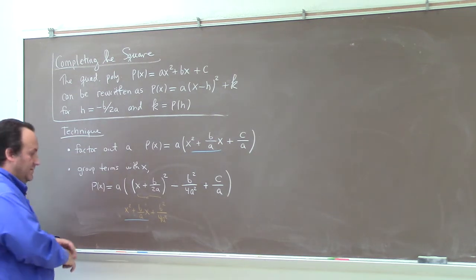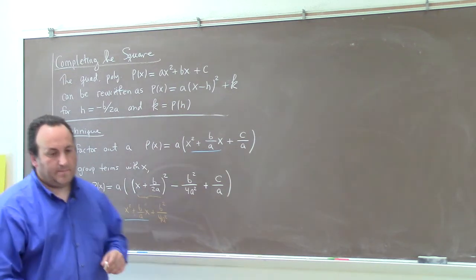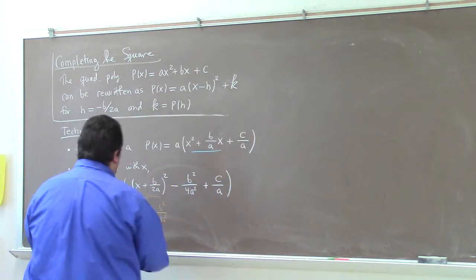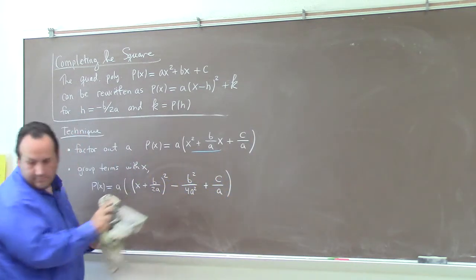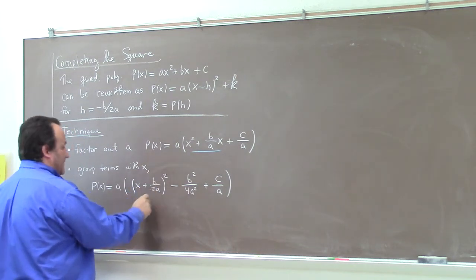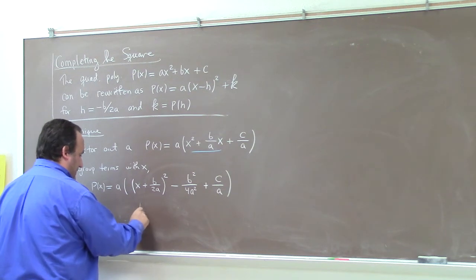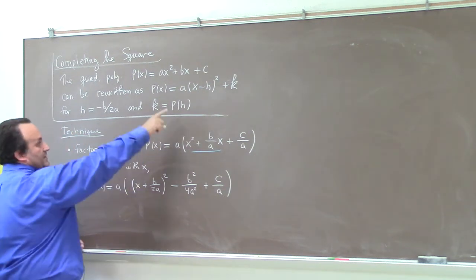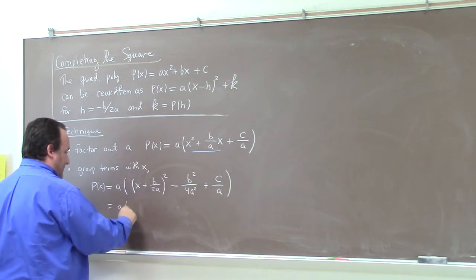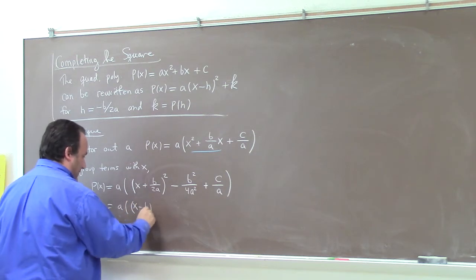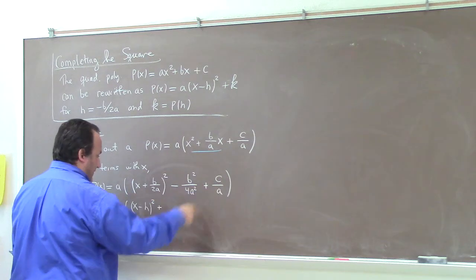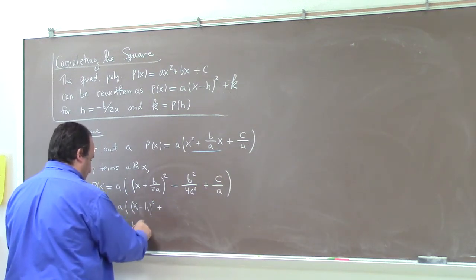So you can see that, I'm going to erase this. If you look at that, you can see that h is equal to minus b over 2a, right? So compare. This says h. If I set this equal to a times x minus h quantity squared, plus this thing, if I put h equal to minus b over 2a,